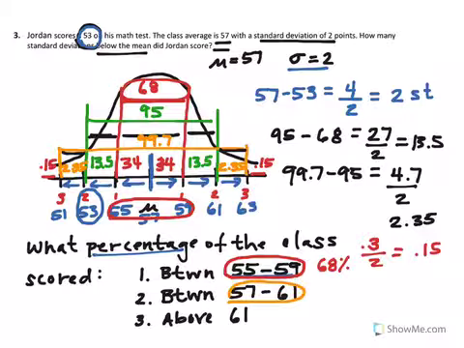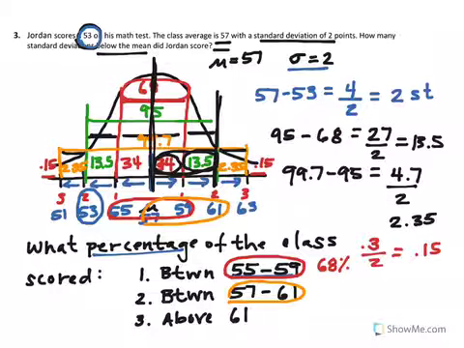57 to 61? 57 to 61 now is from here to here, and that is going to represent this portion right here, from 57, the mean, to 61. So we look at what percentage that makes up, and it's 34% here and 13.5% here. So if we're interested in all the students in between those 2 points, we would just add up the 34 plus the 13.5 to give us, well, that is